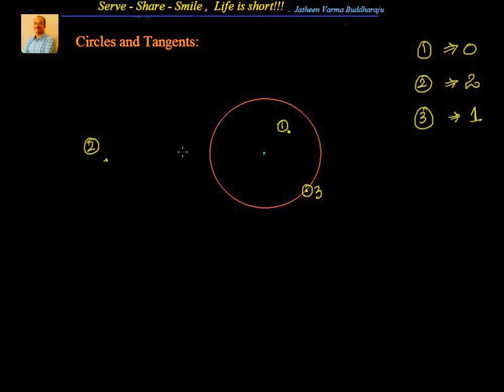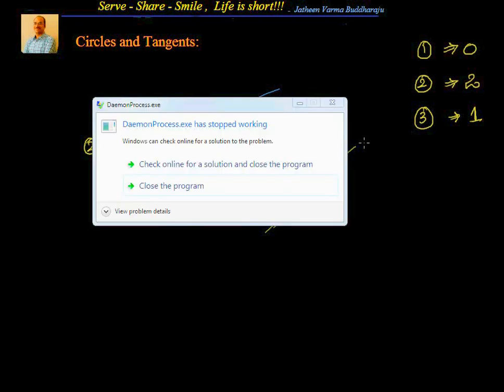I will try to roughly show you how these will look. One will be going like that, and the other one will go like that. Now these are the two tangents you can draw from the external point. Suppose the point is on the circle, then you can have only one tangent, and the tangent will look like that. Suppose the point is inside the circle, then you cannot draw a tangent. That's good. We understood that.